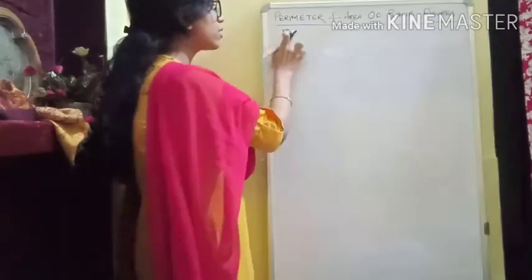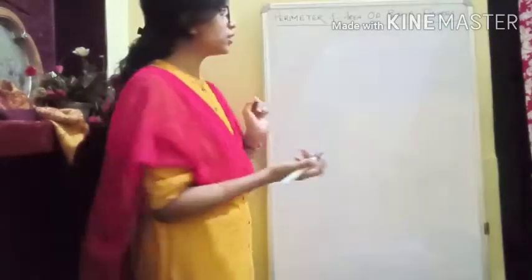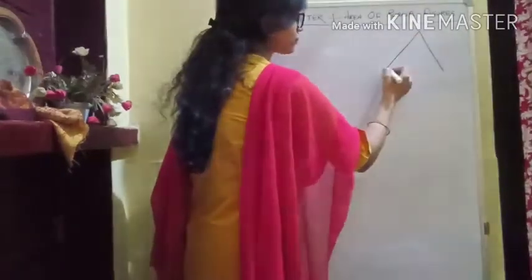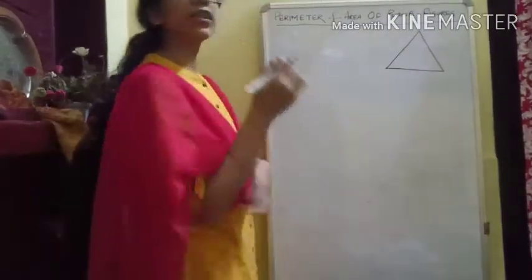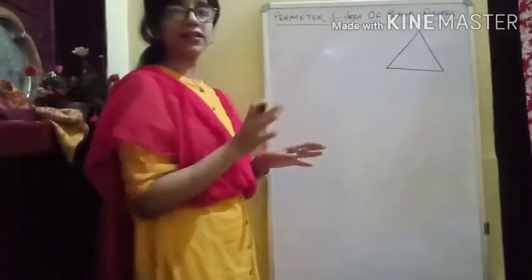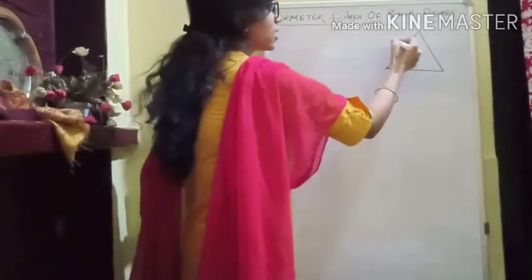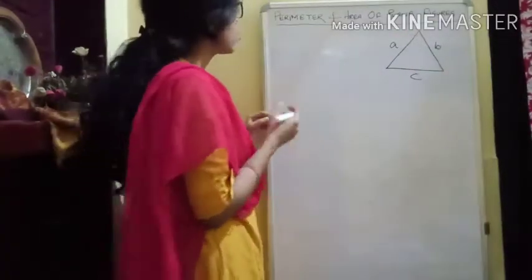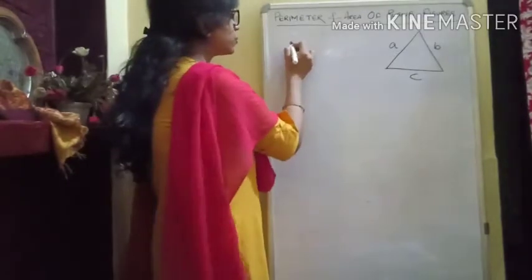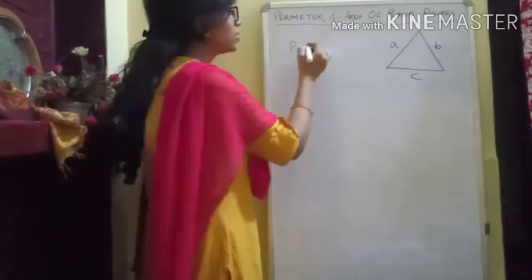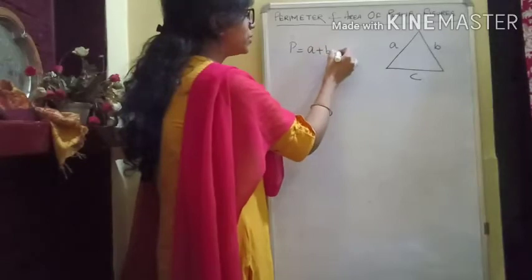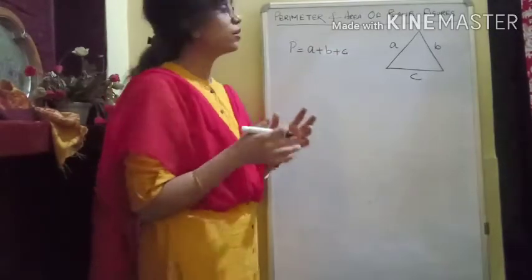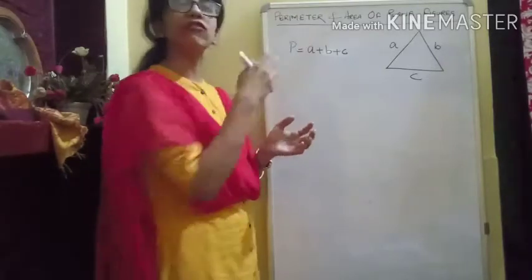So first we will start with the triangle, and see the perimeter and the area of a triangle, which is very common. If you are taking a triangle, it is not a right angle triangle, and let's say the sides are A, B and C. This is the length of each side given. How to calculate the perimeter? Perimeter would simply be the sum of all sides, that would be A plus B plus C. In fact, if you take a right angle triangle, or any triangle, the perimeter would be simple, that is the sum of all sides.